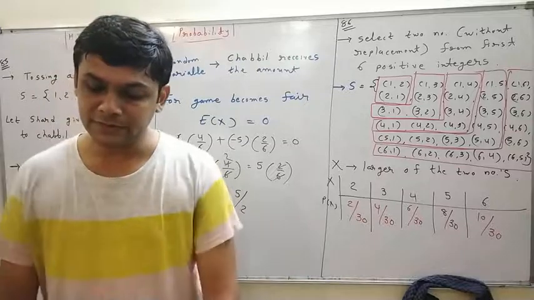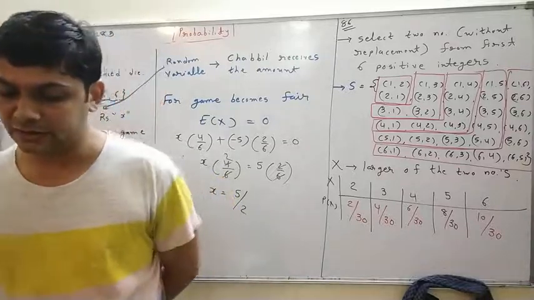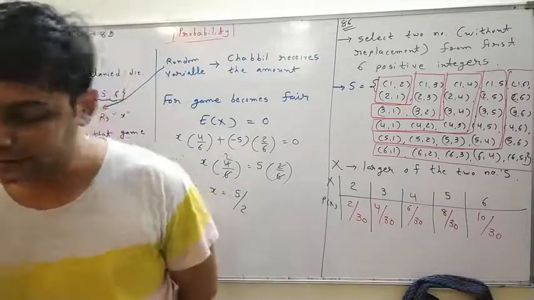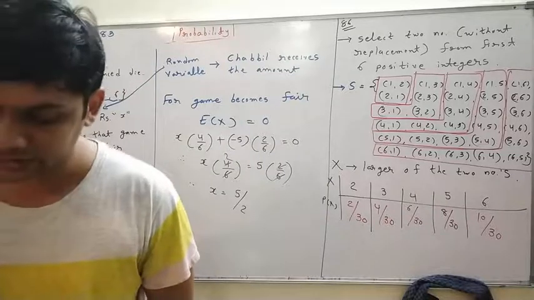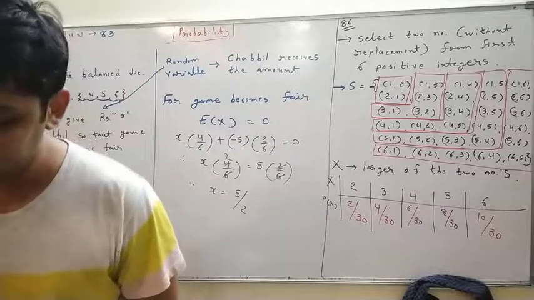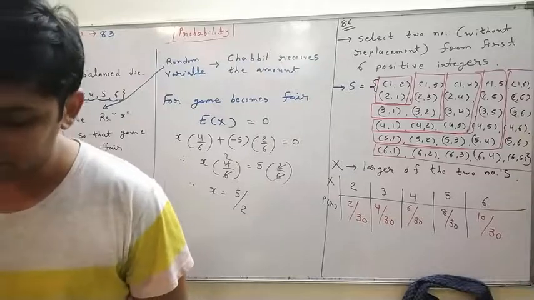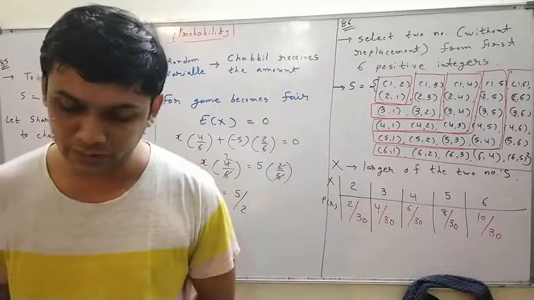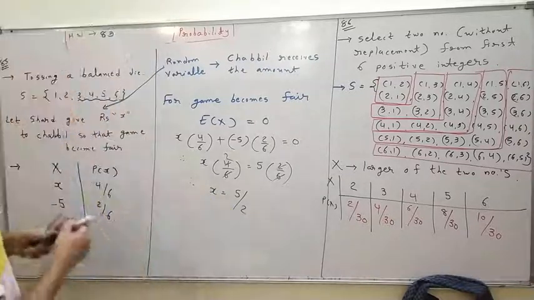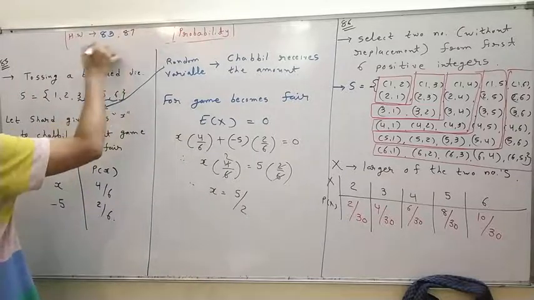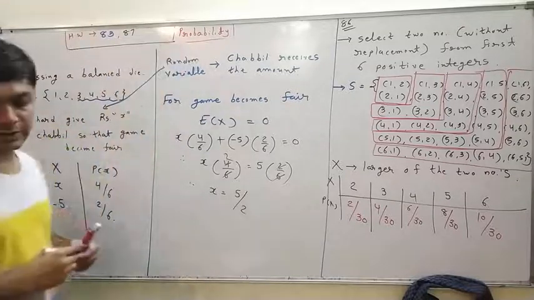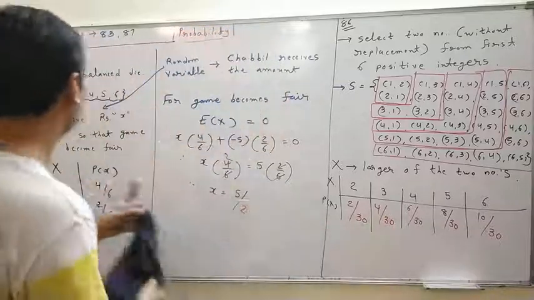A class has 15 students whose ages are 14, 17, 15, 14, 21, 17, 19, 20, 16, 18, 20, 17, 16, 19 and 20 years. One student is selected at random and his age is noted. What is the probability? That question you can do easily. So question number 87 is homework. Next question, question number 88.